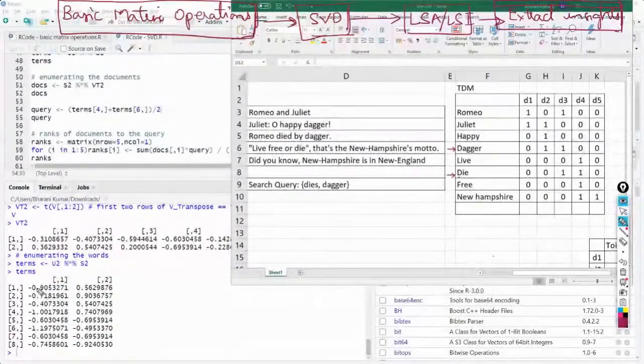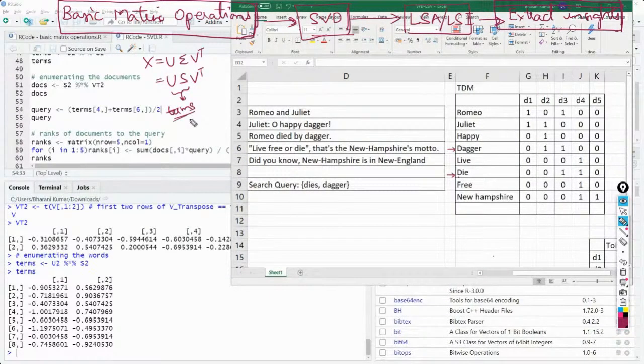Okay. What did I say? When I multiplied this X equal to U sigma V transpose, which can be written as US V transpose also, when you multiply these two, this is the rank 2 approximation that you have taken. And when you multiply these two, you get terms.